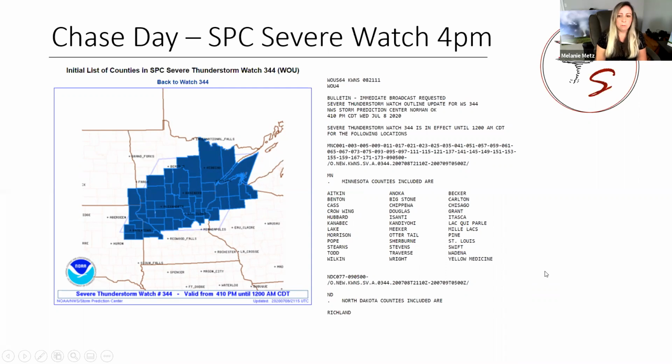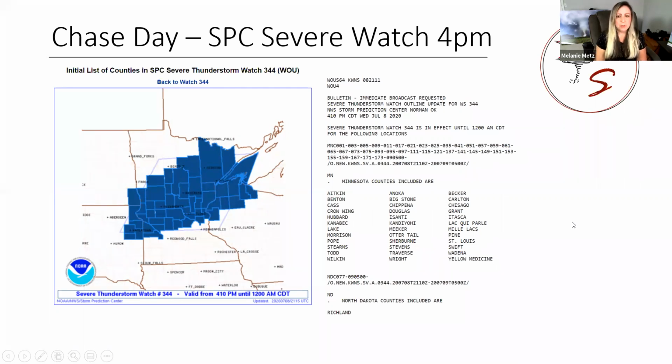And we were getting more and more hopeful, Brad and I were, that we could possibly see a brief tornado, because we've got more of these parameters actually coming together the closer we get to initiation. Sometimes it goes the other way and things just get worse. That cap is too strong, you know, nothing can form, storms can't develop. But on this day, things look like they're coming together nicely.